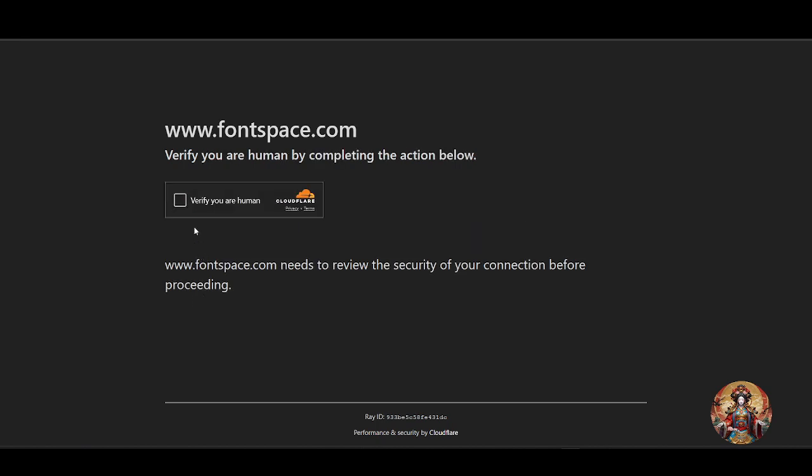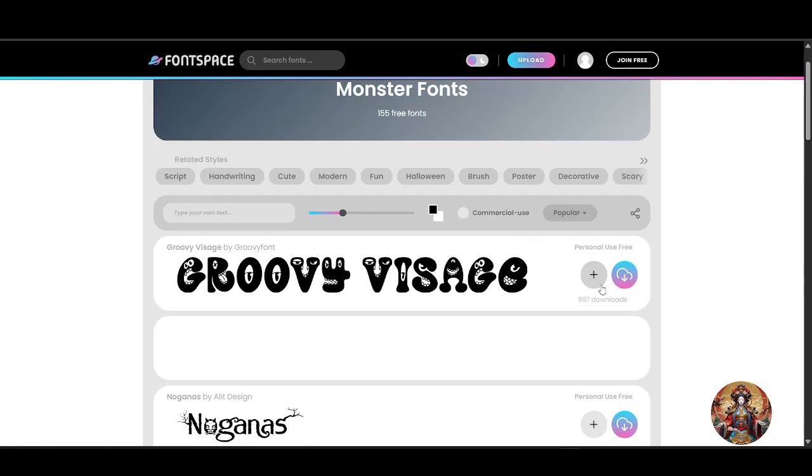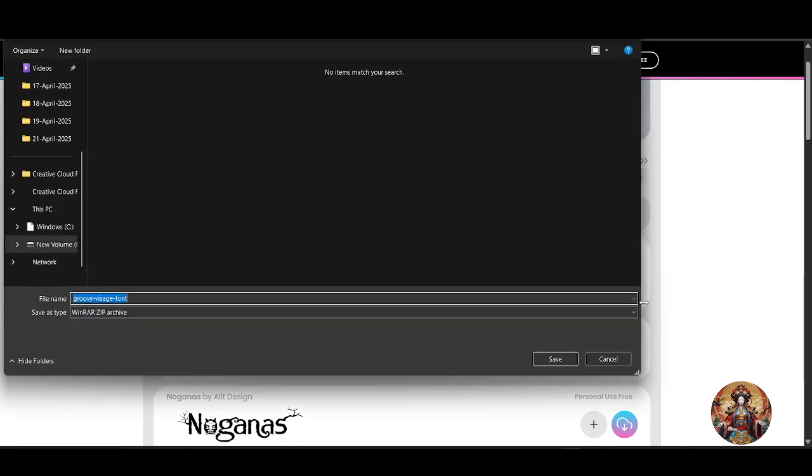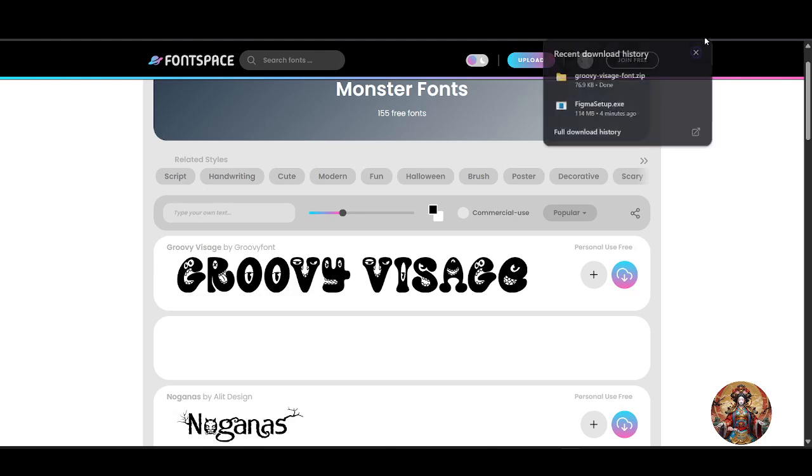and download that font into your system. So what I will do, I just simply click on the download font and I will download it in my system. So I have successfully downloaded the font